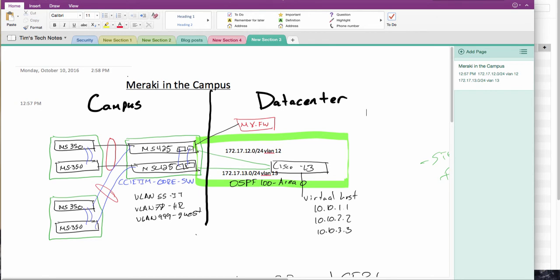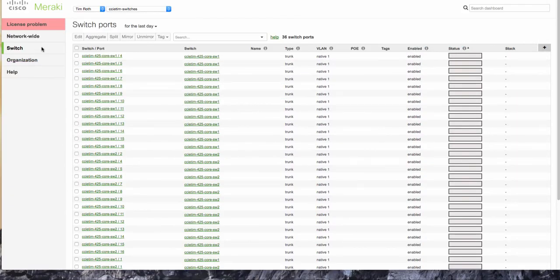The next thing I need to do is these 40 gig ports are by default in a network mode. We need to change them to a stacking mode, kind of like the back of a 3850 or an MS350. After we do that, we're going to configure our spanning tree settings and then configure our VLAN interfaces. So let's jump over to the dashboard, and you can see here that I've already added my